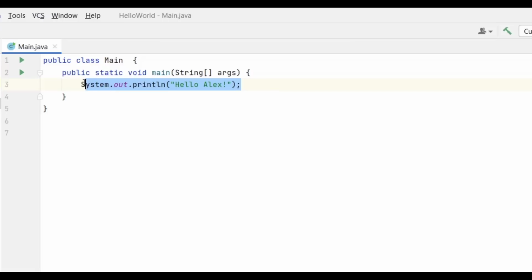And then we have our simple line of code which outputs hello Alex in the console. So this is how all of this works. Again, if you feel confused by this, don't be, because at the appropriate time I will explain each individual thing in great detail. For now, all we need to know is that you need to have this class main, you need to have this function main in order for your programs to work, because all the code that you're going to write is going to be called from the main function that we have here.